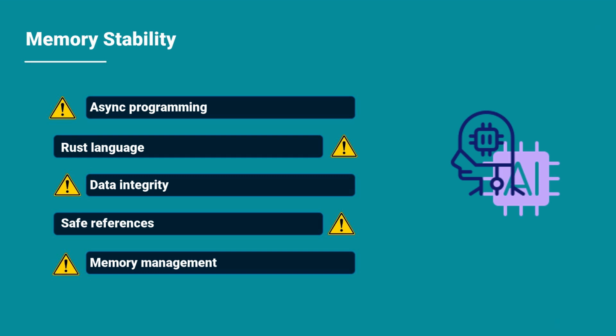In conclusion, pinning transforms how we handle memory stability in Rust. It prevents data from being moved, allowing references to remain valid throughout a program's execution, especially in async environments. As we discussed, using pin, we can guarantee safe access to self-referential structs, futures, and other structures requiring stability in memory locations. By understanding and implementing pinning correctly, you can